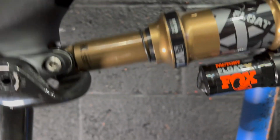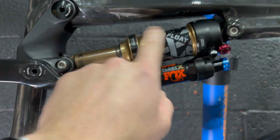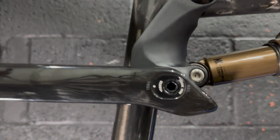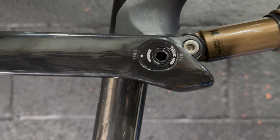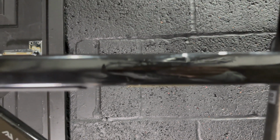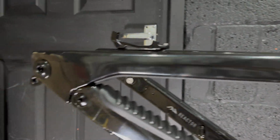The things I don't like, the seat mast is probably a bit too tall. I think it could be cut down. The version I went for had this Kashima coated Fox Float X shock, which I think was quite a good deal. We've got trail and rail options on that flip chip there. These are carbon fibre chain stays, which is nice, all one piece, and the seat stays are also carbon fibre with this integrated